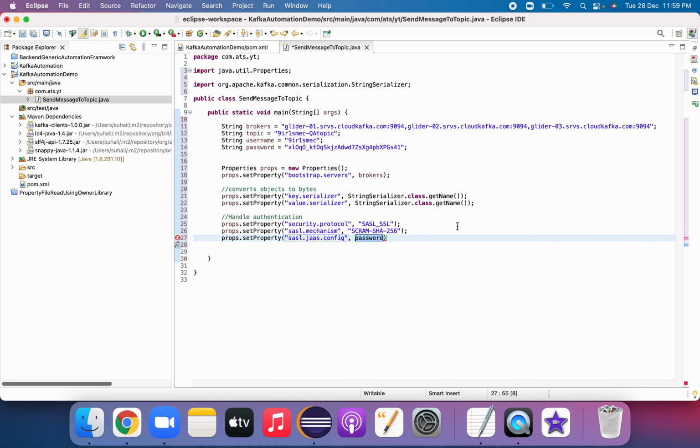It has some format that we need to follow here. Let me write it down for you: org.apache.kafka.common.security.scram.ScramLoginModule. Let me verify.